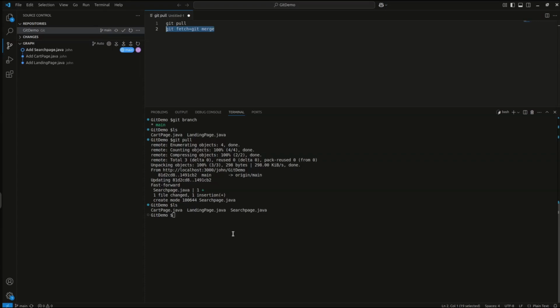So remote branch is 1 commit ahead, local branch is 1 commit behind. Now we want to get the changes from remote into our local. So we can run this pull, or we can use these 2 commands. So we will run git fetch. So what happens when we run git fetch is,